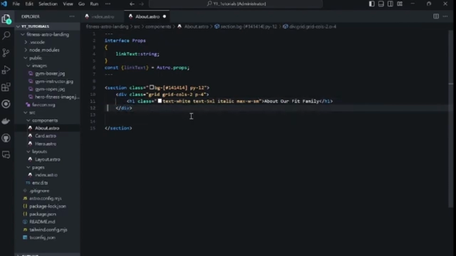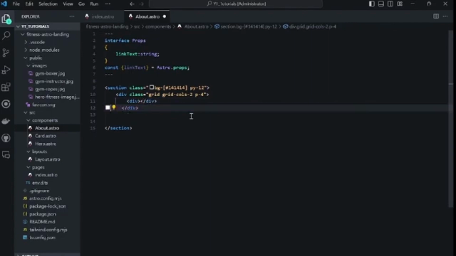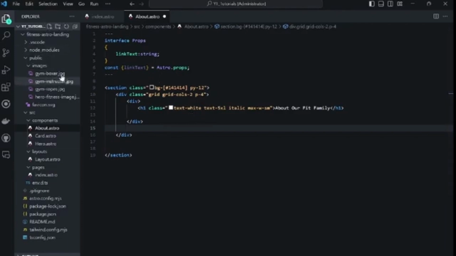So that's the first div. Oh, actually I need to wrap that in another div, sorry. Put a div here. That should be the first div. So let's take all of that inside these div tags here. There we go. That's our first div, and then the other side was some images. Now, as you can see on the side here, I've added a gym boxer and a gym instructor. We got those from Unsplash, and what we will do,